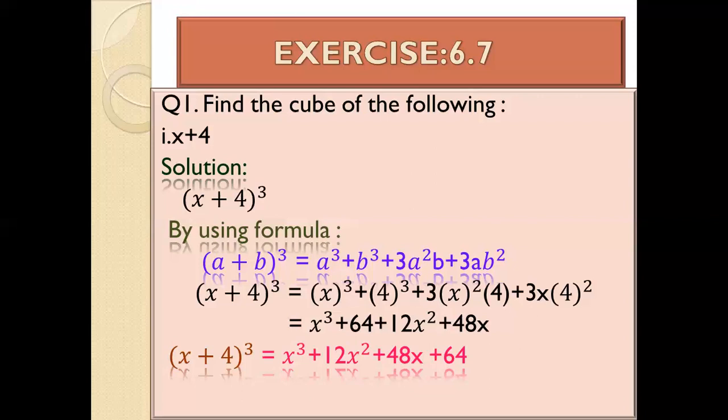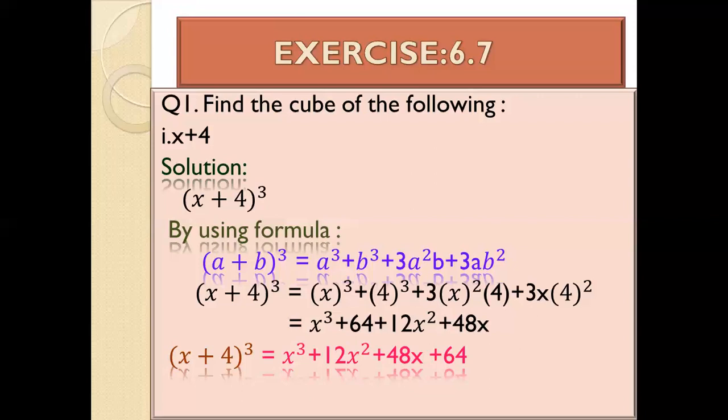It doesn't mean that after multiplying 3 and 4 you take the square of that number. x cube will be x cube, and 4 cube you can calculate with the calculator, or you multiply 4 by 4 by 4. When you multiply 4 three times, it will be 4 cube. Come to the next term, 3x square 4. Now there is only a square on the x, so we take the square of only x, not 3 and 4. 3 4s are 12, 12x square.